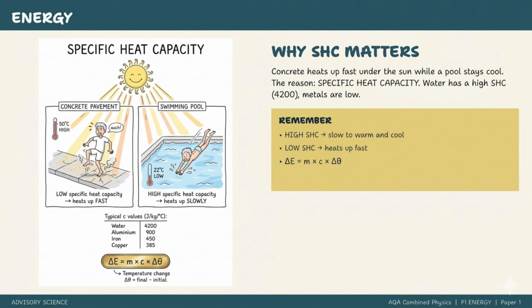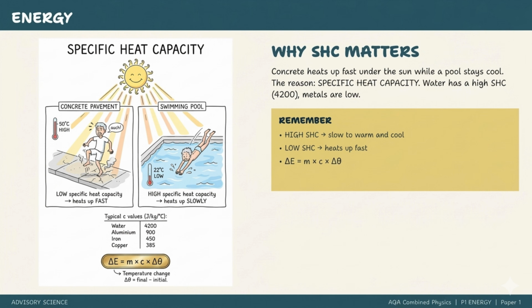Specific heat capacity and required practical 1. Why does a concrete pavement get scorching hot under the sun while a swimming pool stays nice and cool? It's all down to specific heat capacity. This concept is simply a measure of how much energy it takes to heat up 1 kilogram of a material by 1 degree Celsius. Water has a massive specific heat capacity, meaning it absorbs a lot of energy before it